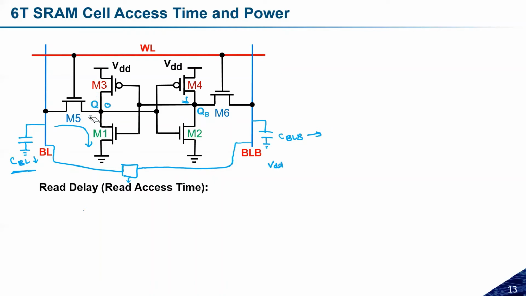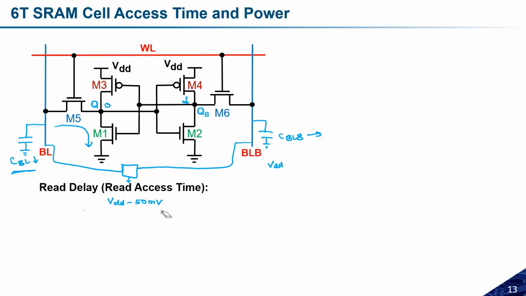Simply, I am saying the time at which the capacitor discharges to VDD minus 50 millivolts. Once we have activated the word line, the time taken to reach this voltage is known as the read